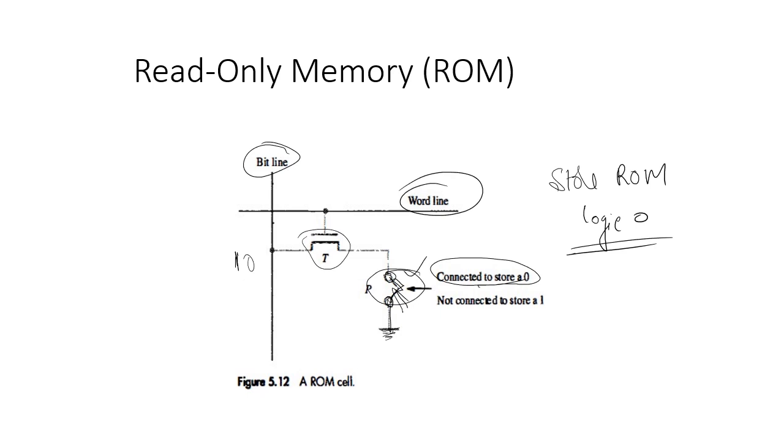The word line will turn on the transistor based on the input provided by the processor. When the word line is 1, the transistor will turn on, and when the word line is 0, the transistor is turned off. Whenever you want to read the data or write the data, you need to turn on this transistor by asserting certain values to the word line.